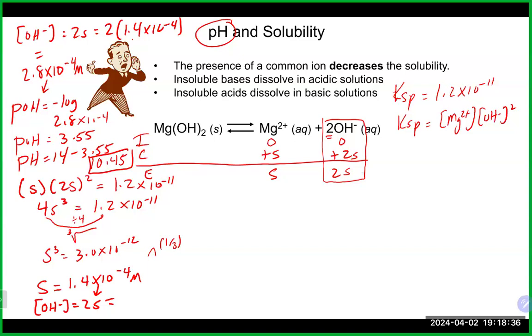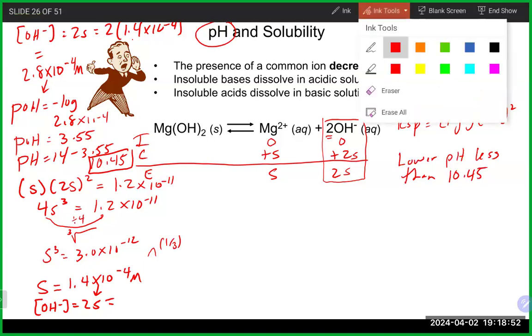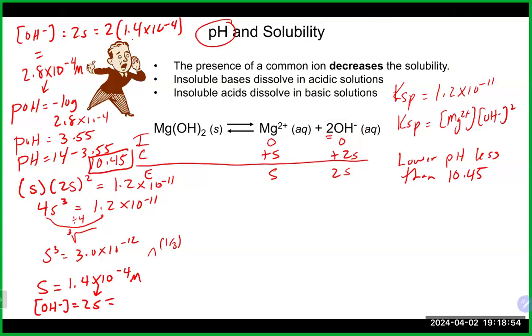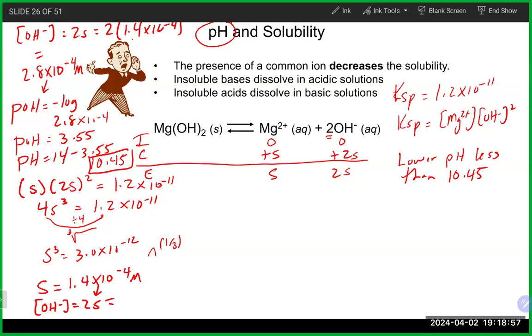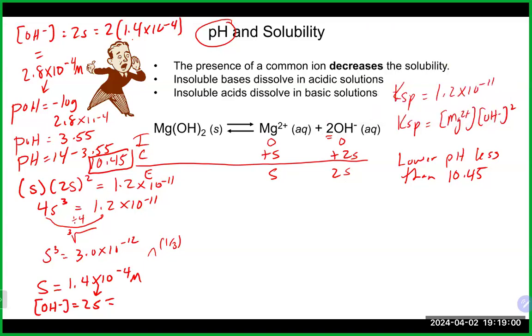which means let's say here that I decided to lower the pH less than 10.45. So let's just say I want to take the solution now and I want to drop the pH there less than 10.45. How would I lower pH? I probably am going to be adding what to it? To lower pH, you would add an acid,